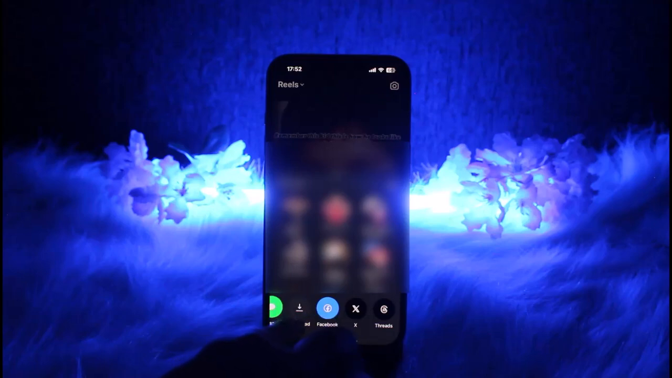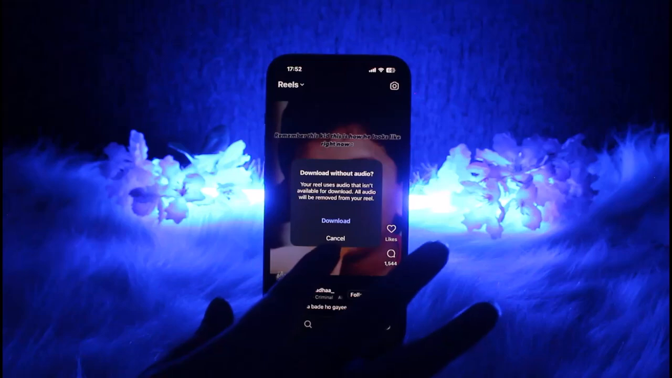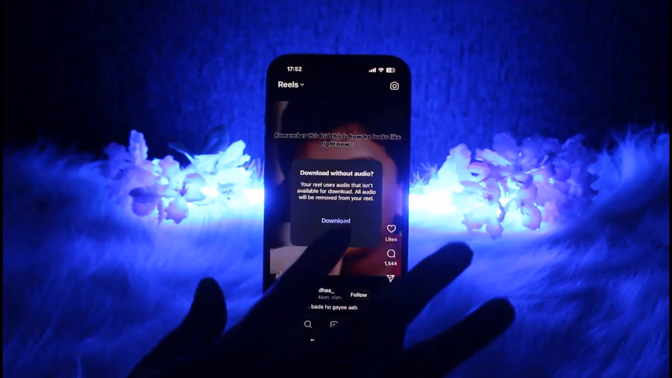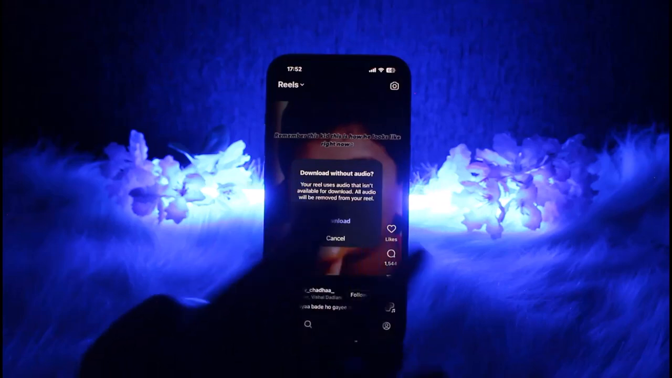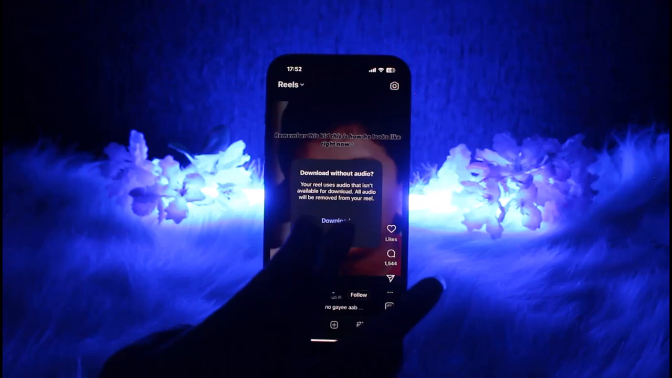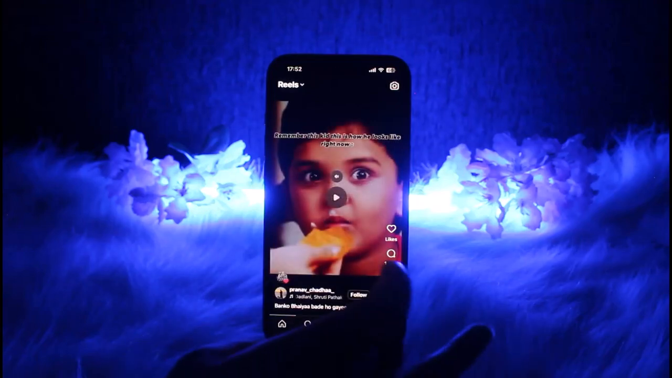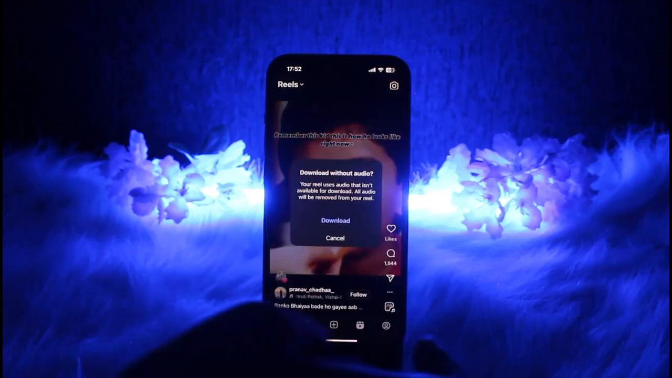I'm going to tap on this download icon, and you can see download without audio, because this particular audio is not available in my country or region, so I cannot have this audio. I will have the video, the reel, but without the audio instead. So I'm going to tap on cancel, but if I tap on this little download icon and tap on download,